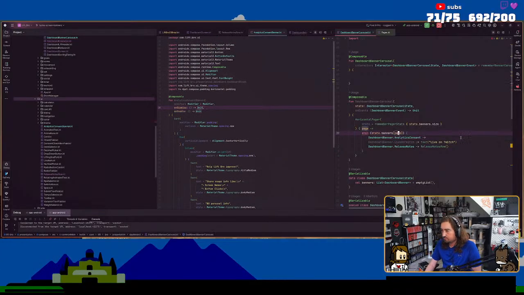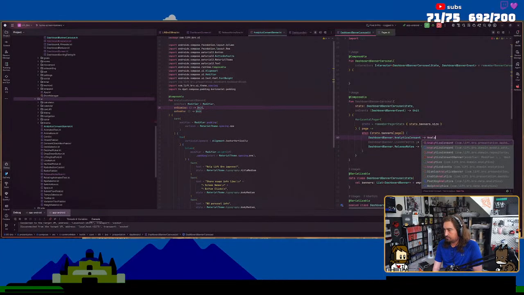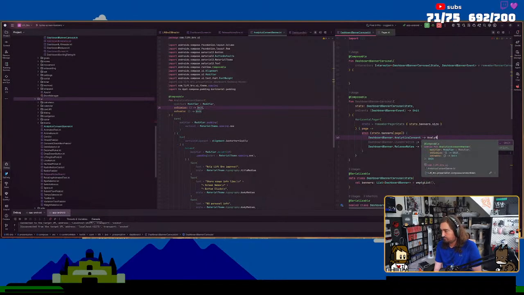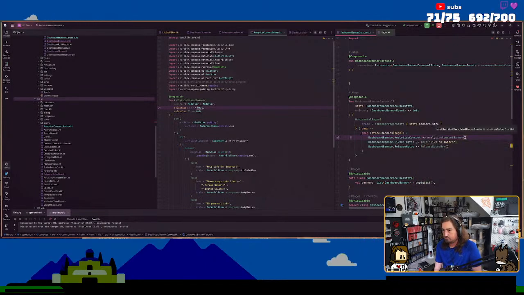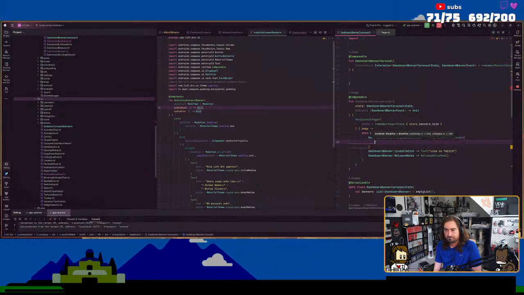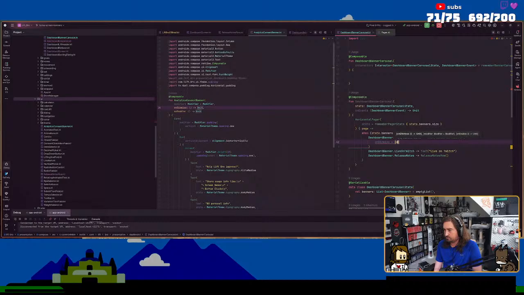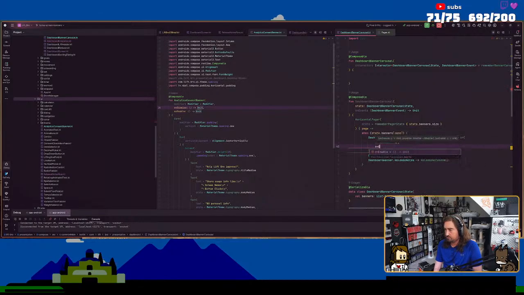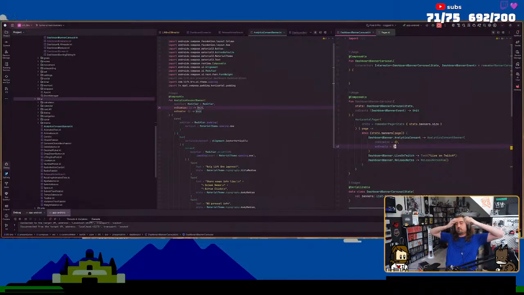It's ugly as sin, but that's just what we're going to use for now. And then analytics consent banner. There we have that. And then on dismiss, we're just going to implement them here on enable. And then that will all be handled in the side effects of the actual banner interactor.